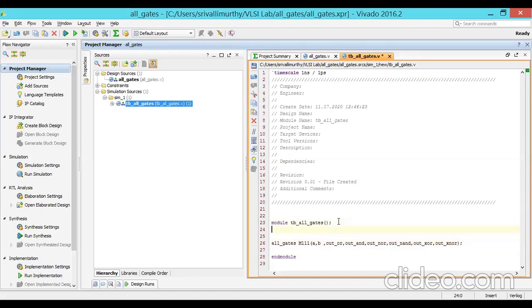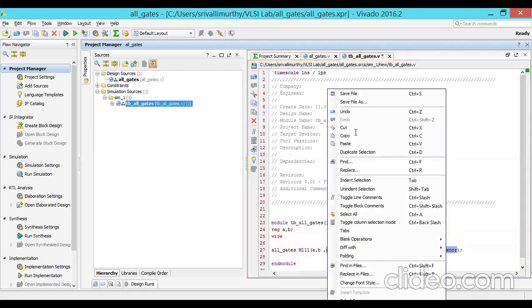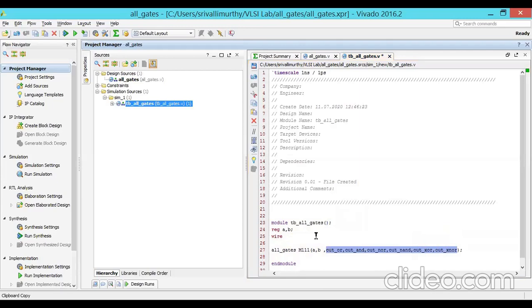The declaration is very important. Here are A comma B. Next, wire, and also the wire declaration. These are all wire declarations, six outputs. We'll do Control C, Control V. So this is the wire declaration.